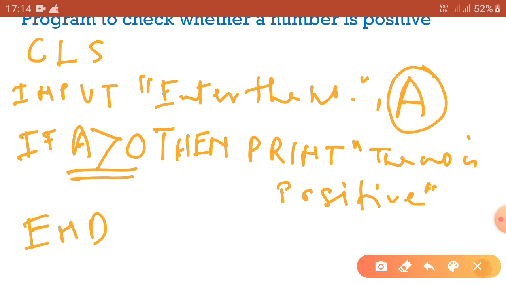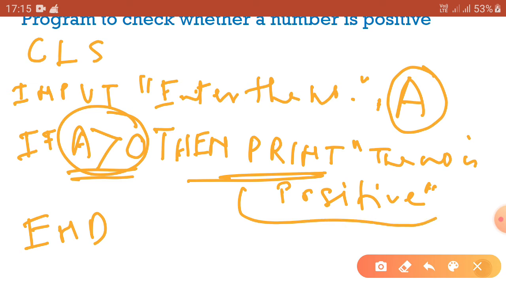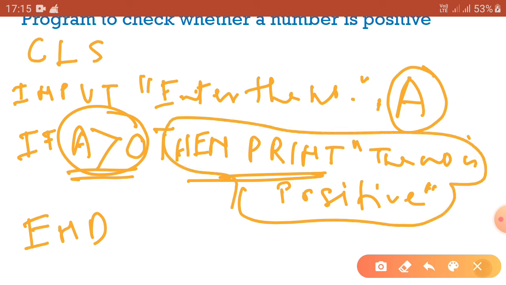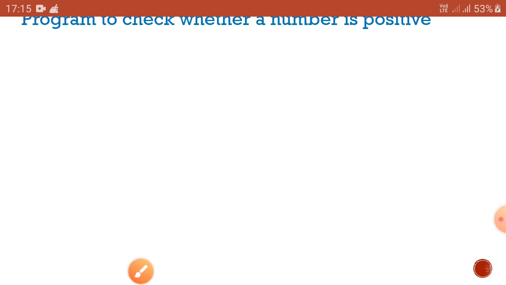Here the condition is IF A greater than 0, that means if the value of A that we have given is greater than 0, then and only then it will execute the line "The number is positive". If the number is not greater than 0, then the THEN part will not be executed. If this condition is satisfied, then this part will be executed or printed. Go to the next.